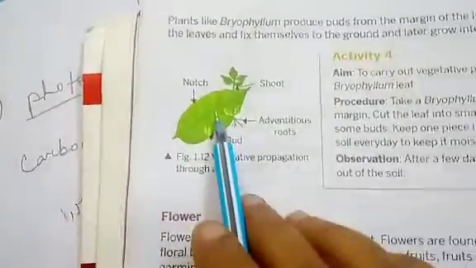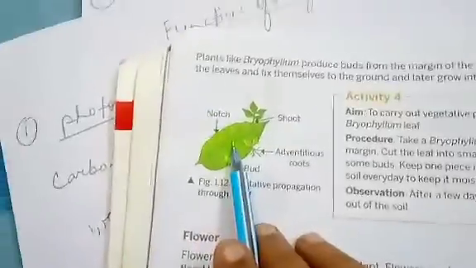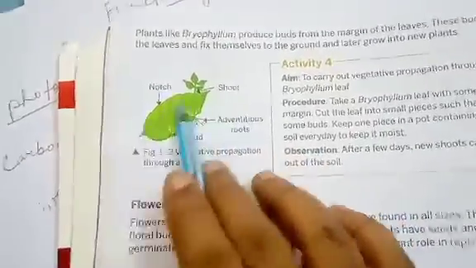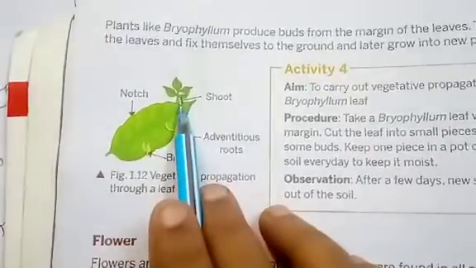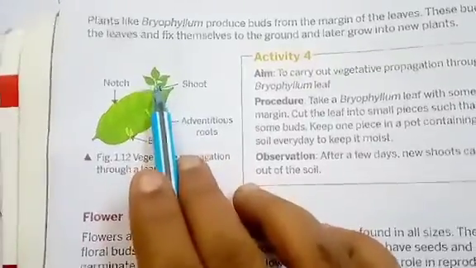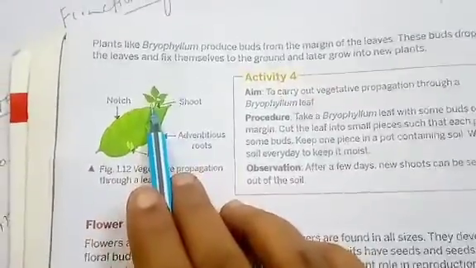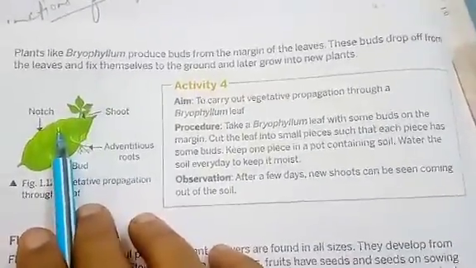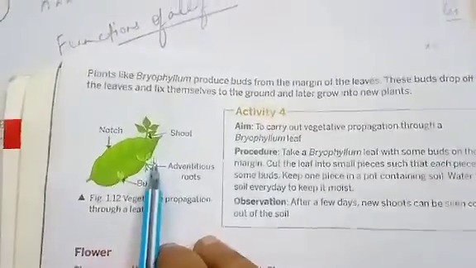Now let's turn the page. See here. So one example is given in your book. You see Bryophyllum. This is the plant in which a new plant can be grown from the leaf. You can see from the diagram, from the margin of the leaf, one new shoot is growing. Clear? So this can be grown into a new plant. So in Bryophyllum, the new plant is reproduced from the leaf. So this is a type of vegetative propagation.